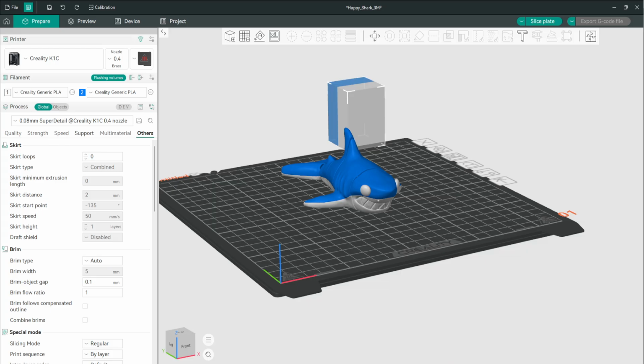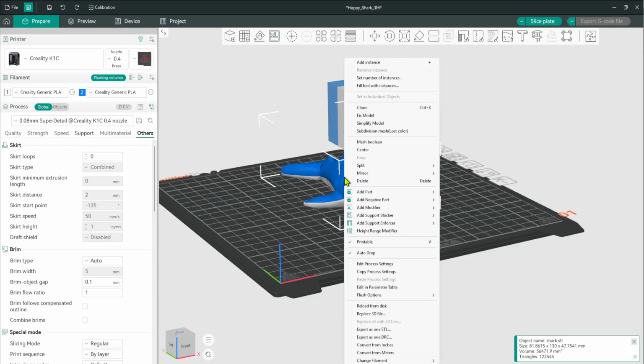So what we can do right here. If you imported a 3D model design in imperial units and it looks like a tiny speck on your build plate, OrcaSlicer can fix it automatically. What you can do is select your model, then right click on it and you will find in this big menu some mesh boolean,